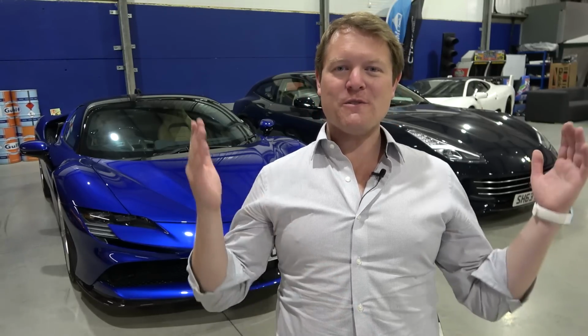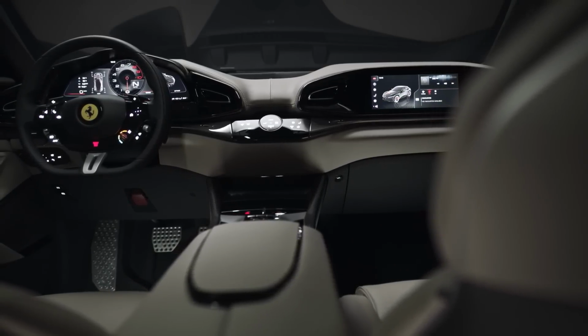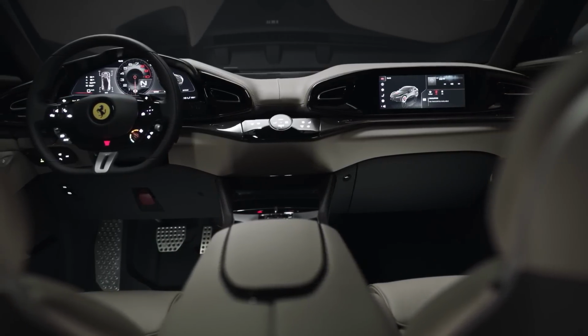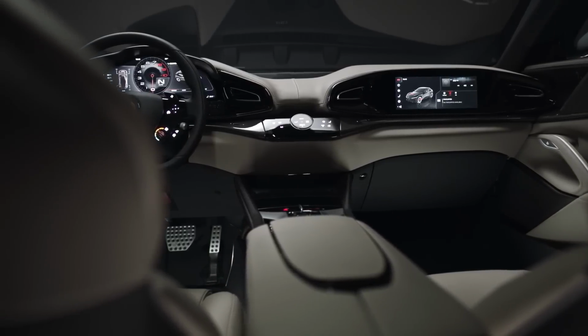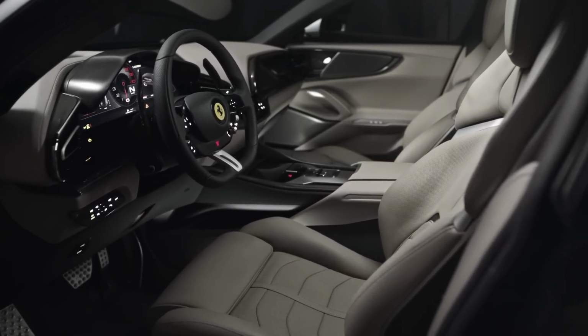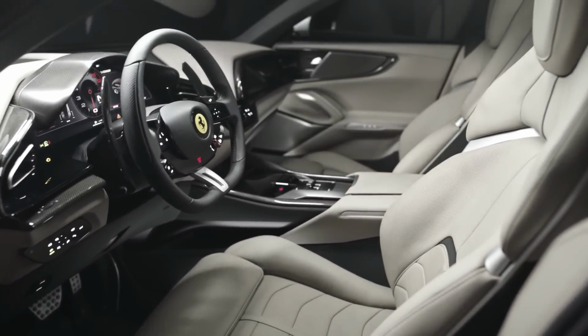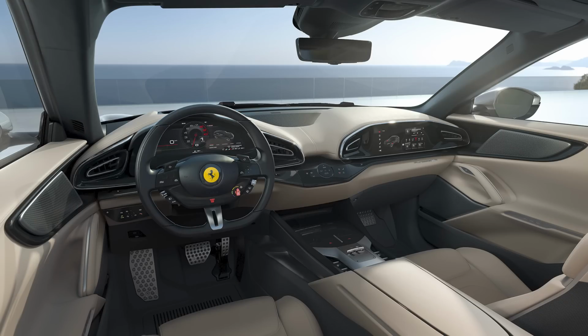With the interior, we've got a lot to check out because, of course, it is a new style of car. Now, the driving zone is very much reminiscent of other recent models like the 296, the 296 GTB and GTS, the SF90 Stradale and Spider, and the Roma, but the rest of the car is all new. So to dive into this, the driver has in front of them that curved digital display that, like I say, we've seen in other recent models with the touch control steering wheel, with the illuminated Manettino for your different